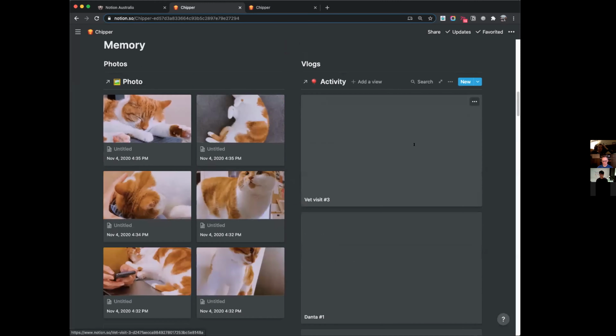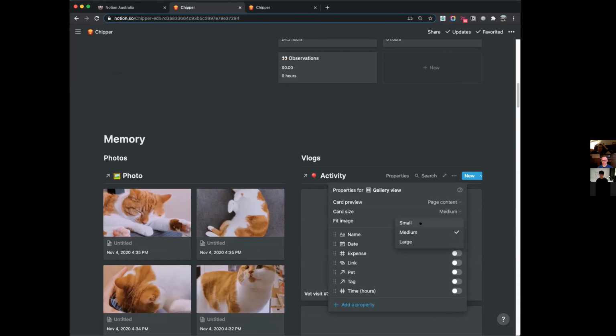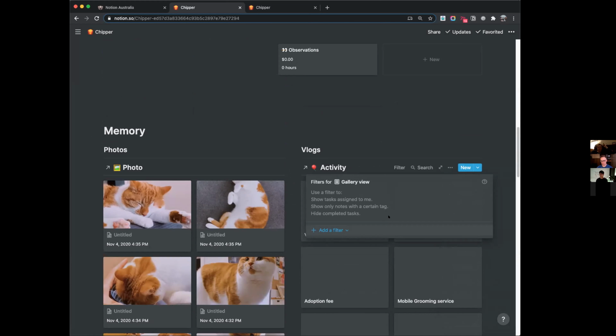And again, currently it will show me everything. Let's change property to maybe small so we can fit in more. These are all of the entries we've put in activity. What we want now is to add a little filter. Filter is when you can specify, I only want these specific sets of data from this database. Add a filter. Notion has just created a filter group. If you know database or if you do IT and stuff, this is fairly handy. You can have multiple logic and or together.